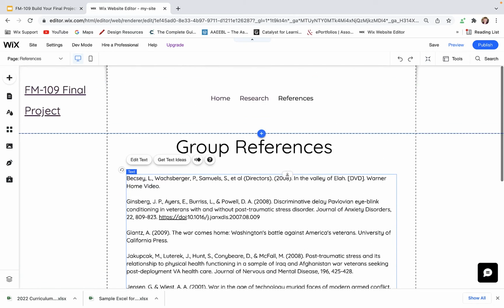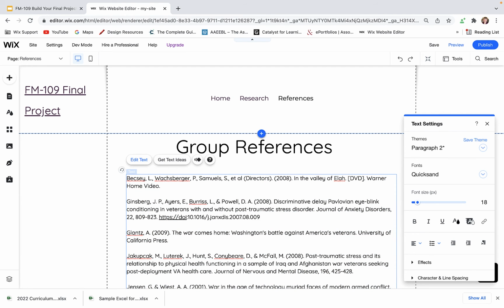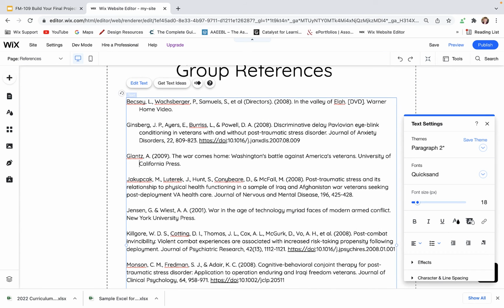The only formatting at this point you need to do, of course, if you guys are familiar with APA format, is that this second line has to be indented. It's kind of a weird process to do that, but you'll notice that if I just hit the indent button, I have one over here in my little text editor, if I just click this, looks good. So that's fine. Should be pretty smooth to do it that way. Sometimes, depending on where your text has come from, you might have to hit the enter button and then do this indent, but otherwise you just go through and format everything, making sure it looks like it's supposed to